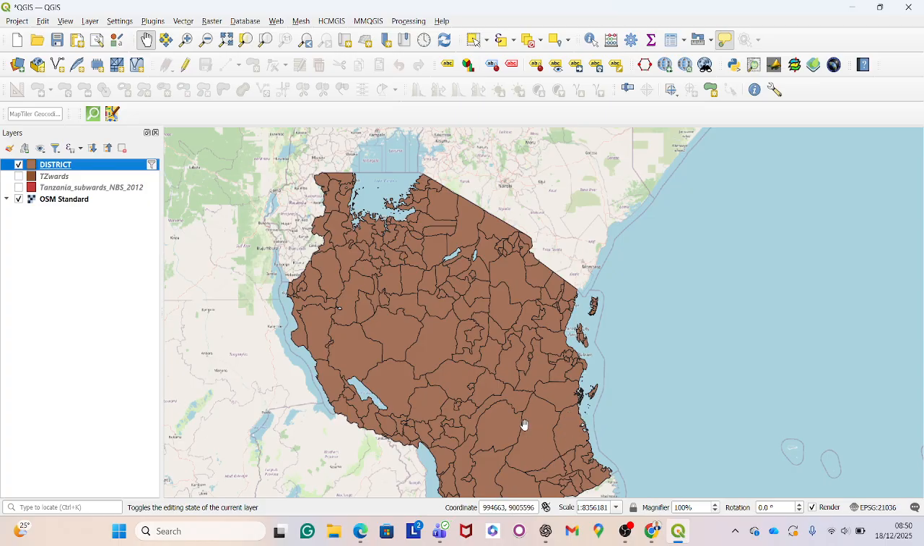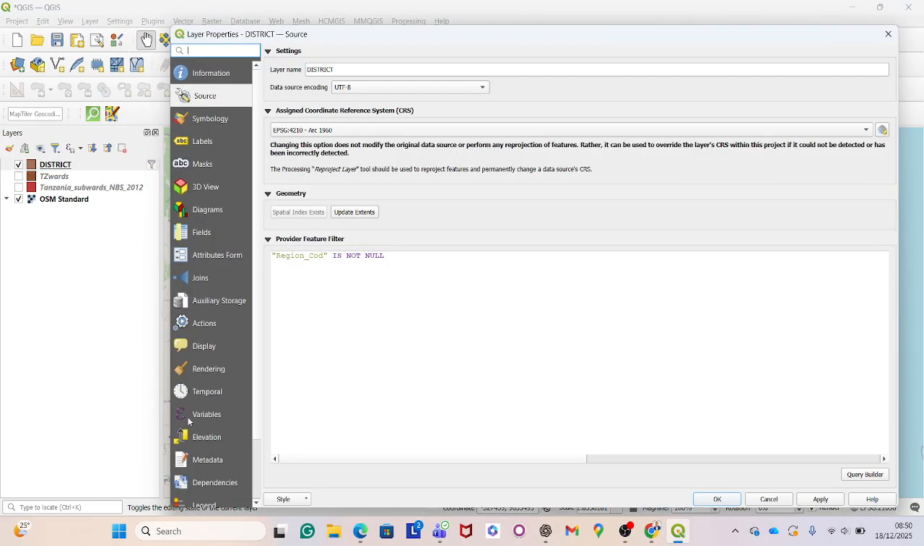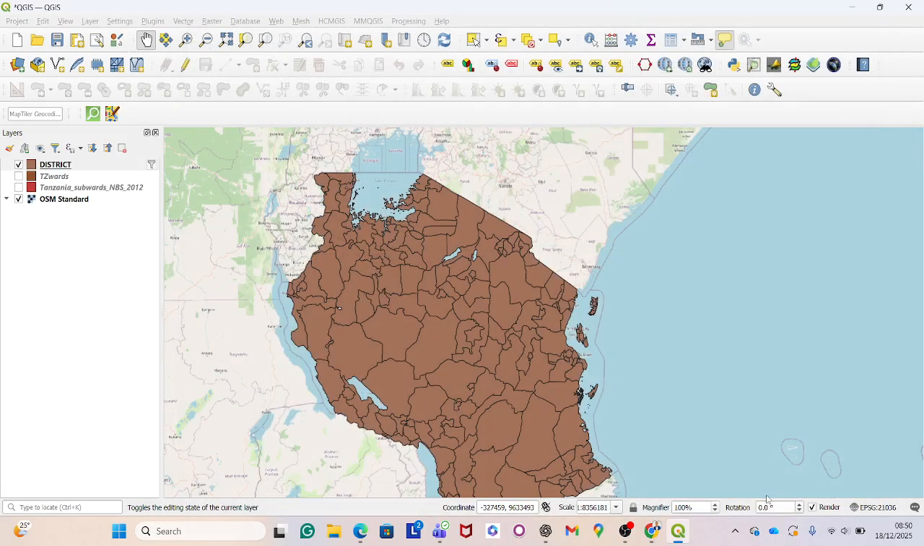So the first filter I have to show you. But first, when you want to access a filter, just right click on the layer and go to properties. If you go to properties, it will show you the source. In the source, we can use this window to do our filter. This is the filter that I have already performed. So we can even just delete that, cancel, and then